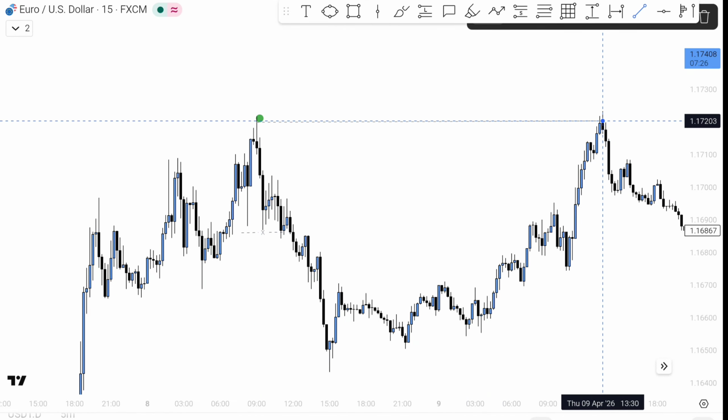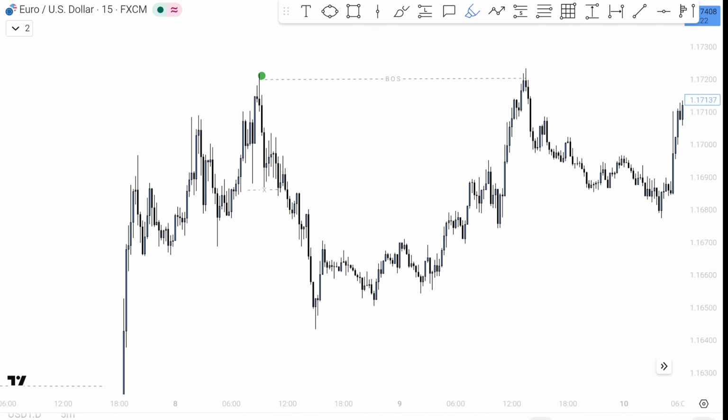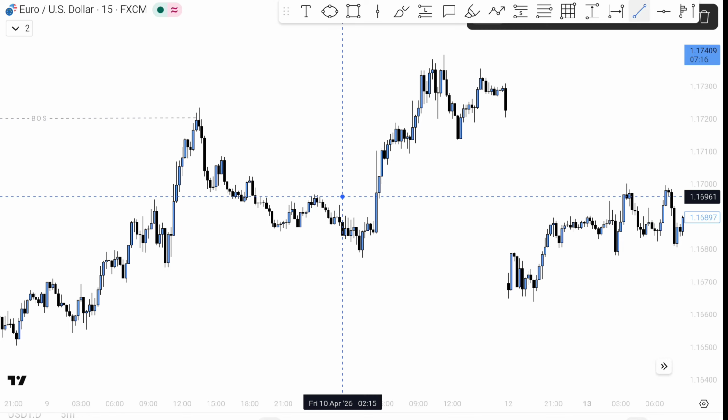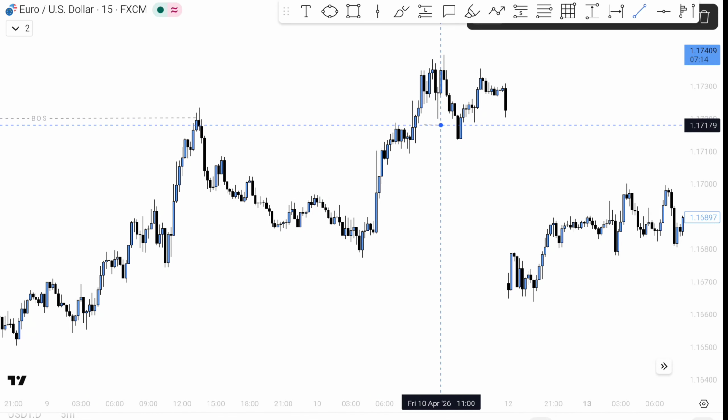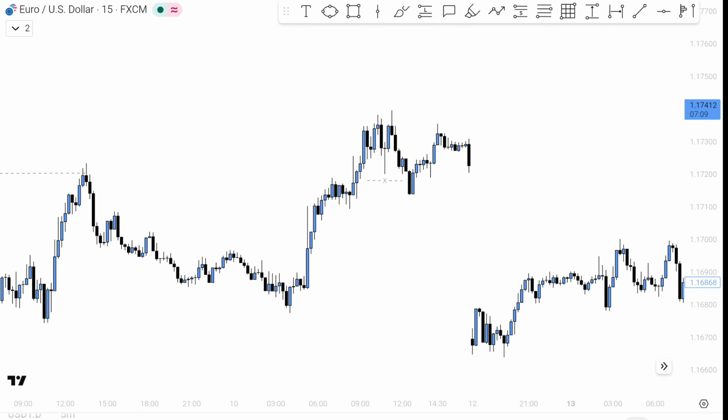In the first attempt it was just a liquidity sweep. So when the market creates the break of structure, this point becomes our new higher low. Again the market continues to move to the upside. So where is the next pullback? This is the first pullback that the market broke to the downside. So when the market broke the first pullback to the downside, this becomes our new higher high.